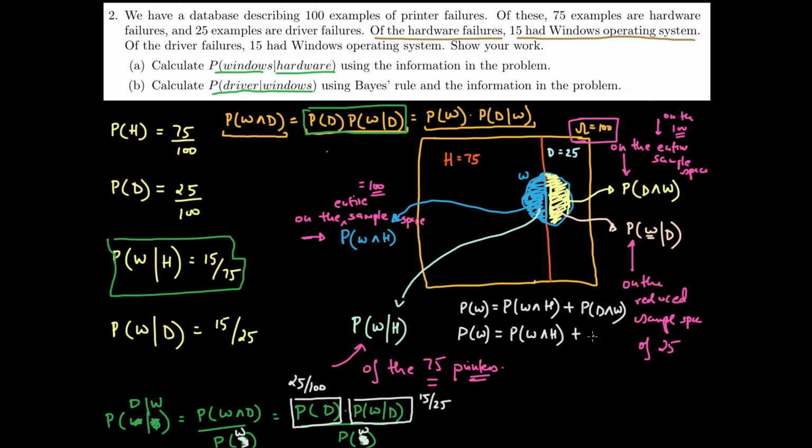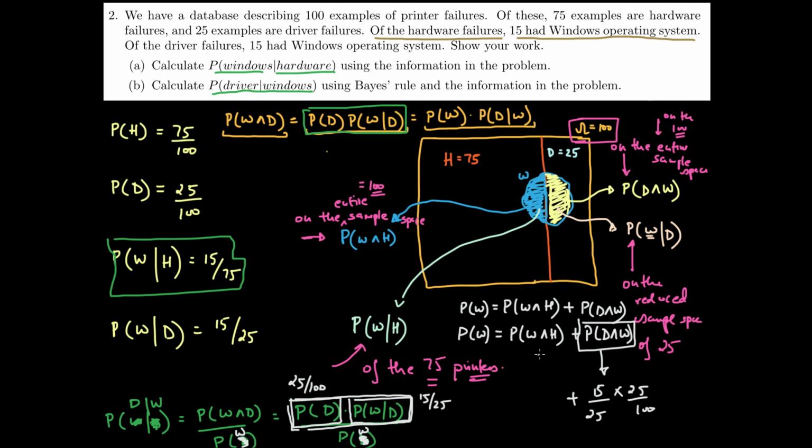But this piece, P of D and W, is this entire piece on the numerator, which is 25 over 100 times 15 over 25. So this piece is 15 over 25 times 25 over 100 plus